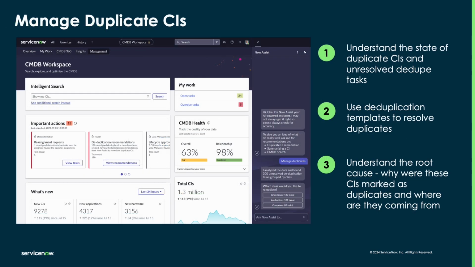The first skill that we have is related to managing duplicate CIs, and this is again under the theme of improving the overall CMDB health. Customers can vary a lot in where they are with respect to managing duplicate CIs. We have folks who have duplicate CIs and tasks in their system, but they don't actively do anything about it, to folks who are mature enough to adopt the latest and greatest tooling we have, which is the de-duplication wizard,